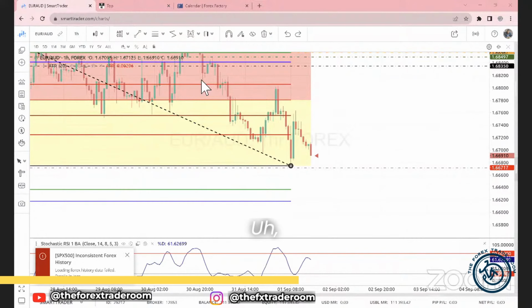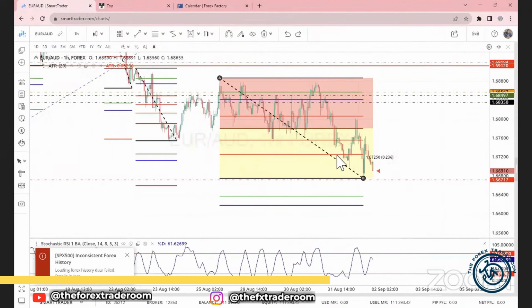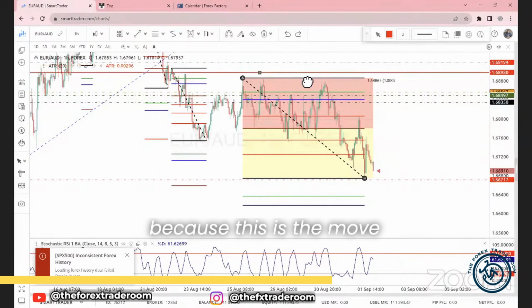I go through mine every week, because I'm looking to see if there are any new support and resistance levels that have formed. And then yeah, all 28 pairs. And then I'm cleaning up my charts just like I just did on that one. The old play has finished out and now we're looking at the new stuff. Because this is the move here now.